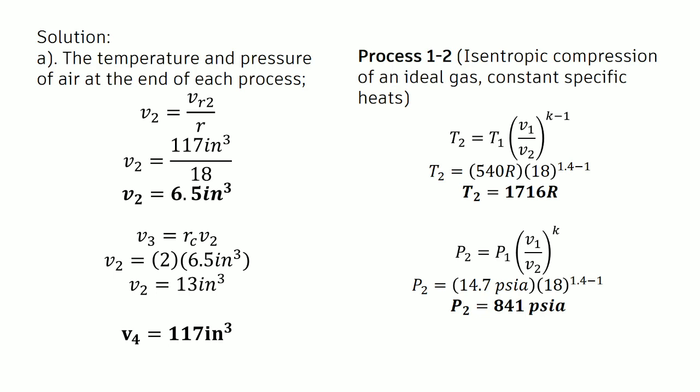The temperature at state 2 is equivalent to our initial temperature of 540 Kelvin, multiplied by V1 over V2, that is 18, the compression ratio, raised to 1.4 minus 1. So our temperature at state 2 is